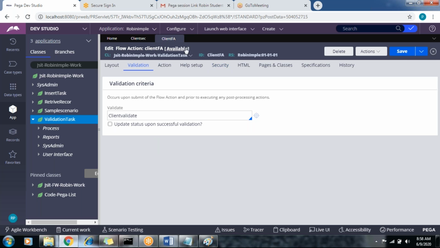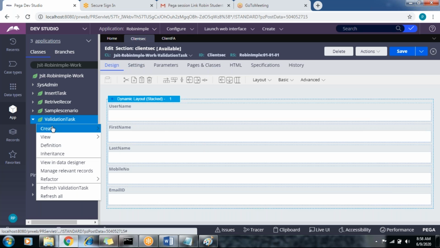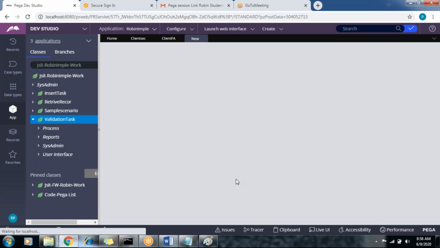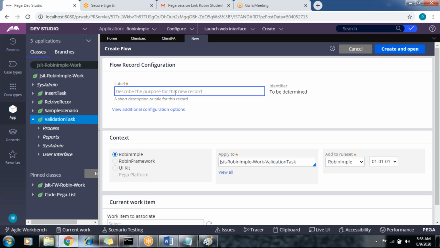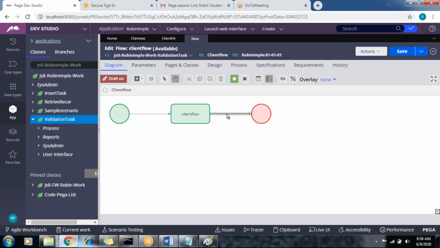Okay, that's fine. So let's go for the flow. Right click, create process flow. Let's give some client flow. Create and open. Call the flow action here.